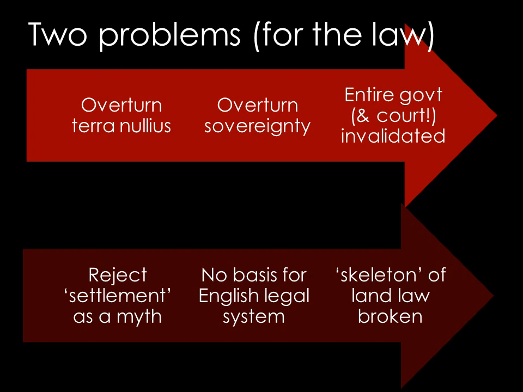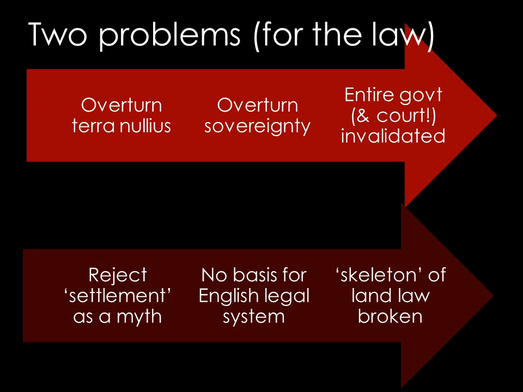So once a court says terra nullius is gone, the English are no longer sovereign, all of a sudden it actually invalidates the entire governmental structure of the nation. So courts have very consistently declared that it is beyond their jurisdiction to challenge the sovereignty of the existing nation. Of course, the courts are part of that sovereign system, and they derive their own authority because of that sovereignty. So it was not an option to argue that terra nullius had been overturned.